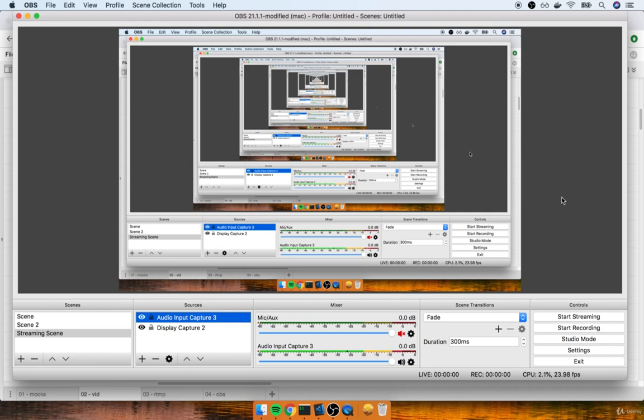Okay, so now that we've got OBS set up with a scene, we're going to take a pause right here, and then we'll come back to the next section and start setting up our client-side app to receive video streamed from OBS. One quick thing I want to mention here, we haven't actually set up OBS to stream video to our RTMP server just yet. We're going to work on our React application just a little bit, and then come back to OBS and fix that stuff up. Okay, so quick pause, and I'll see you in